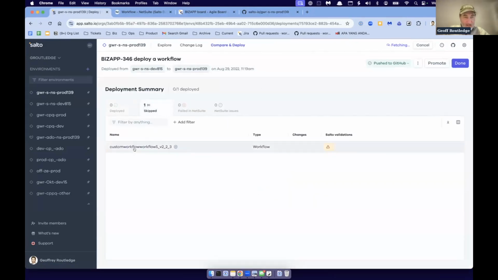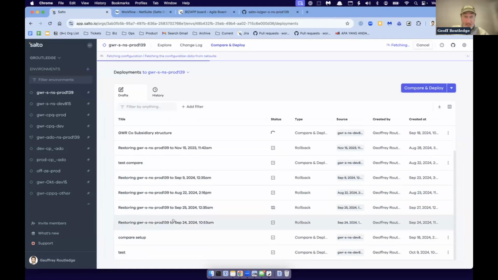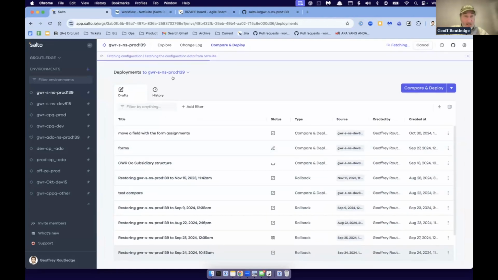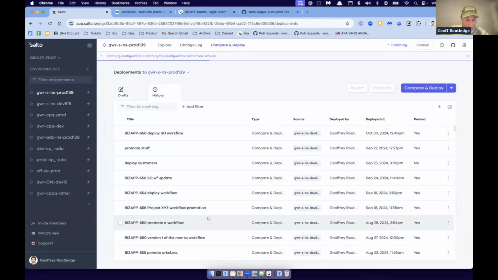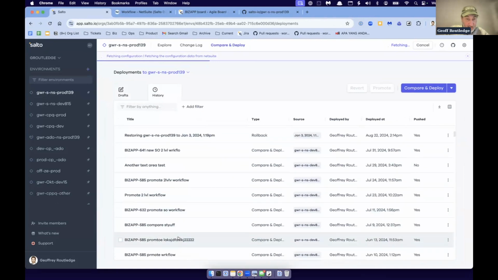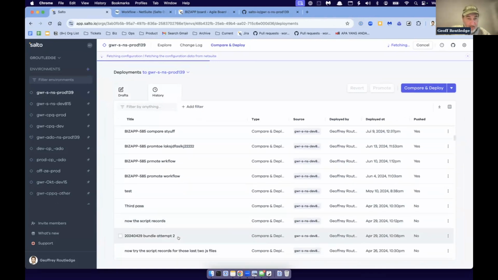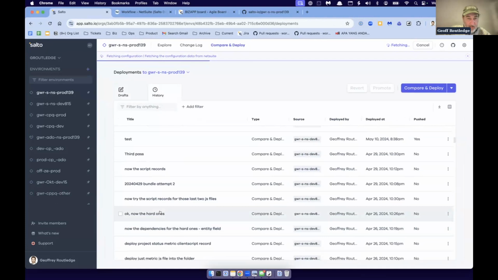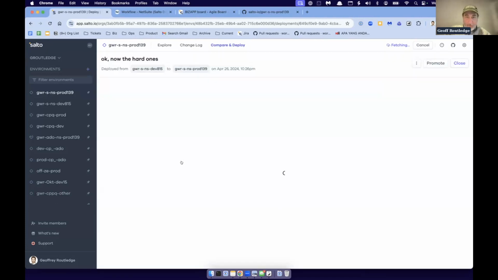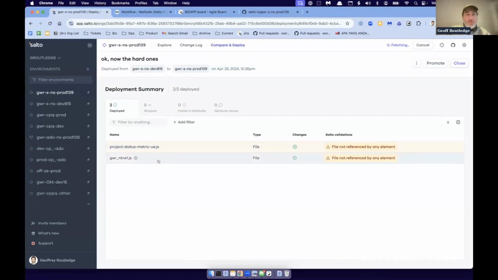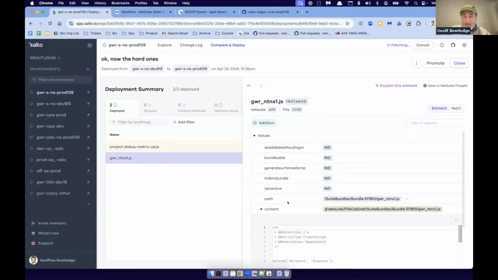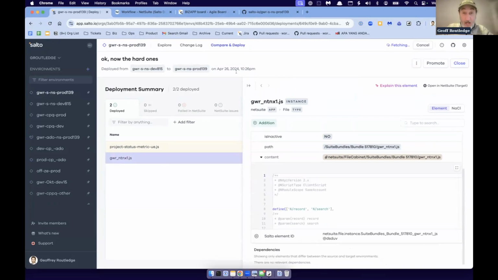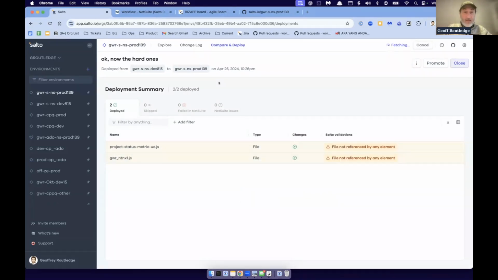Oh, it didn't. I just skipped something. Like I tried to deploy workflow and it skipped it, so I could see successful deployments as well as deployments that didn't work as successfully. Let's look at one that was a little more recent. I'm just trying to look for something that's not my workflow here. Okay, now the hard ones. What's this one? Right. So JavaScript, right? So I deployed some JavaScript in this case, and it deployed those fine. So anyway, from an audit perspective, we do have a list of everything that was ever deployed